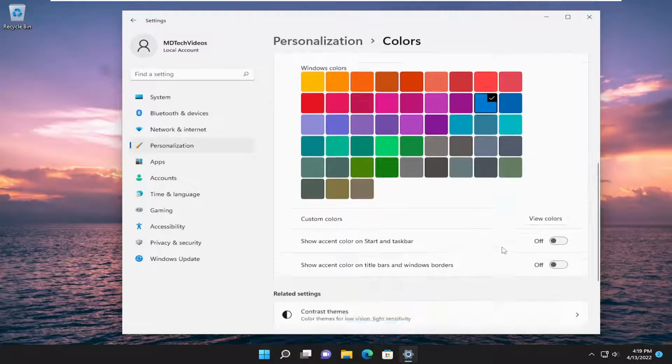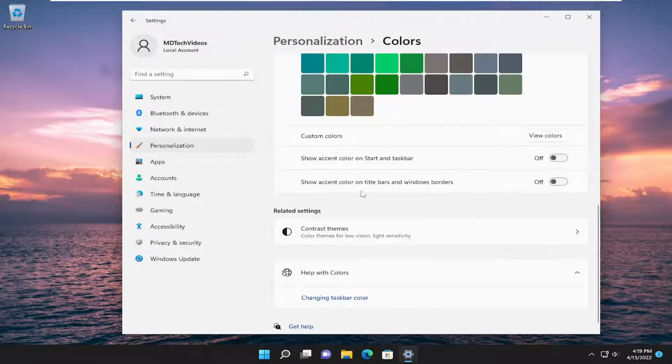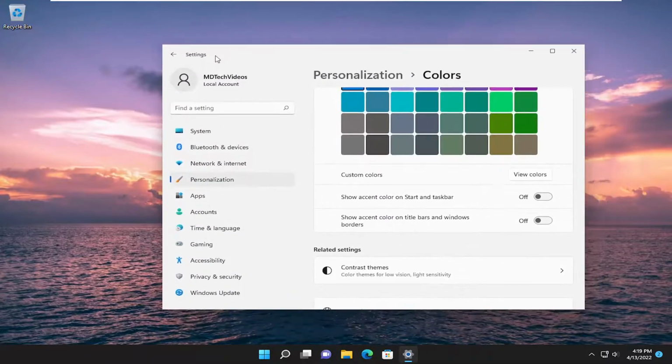You want to scroll down on the right side here, and where it says show accent color on title bars and window borders, if it's turned on, you want to go toggle it to the off position just by clicking inside of the oval one time. And that's all you have to do. The change should take effect immediately. So pretty straightforward process here,